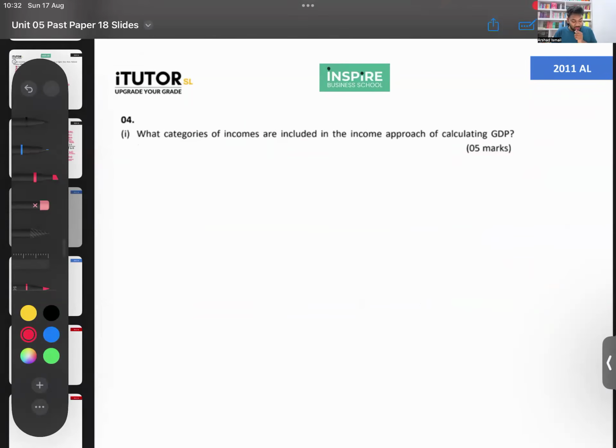Okay. 2011 A-levels question 4, part 1. What categories of income are included in the income approach of calculating GDP? The answer in the old past paper book will say rent, wages, interest, profit. Not that. So what do you add? Right now, you have compensation of employees, gross operating surplus. Inside this, you can give net operating surplus, consumption of fixed capital, mixed income, other taxes less